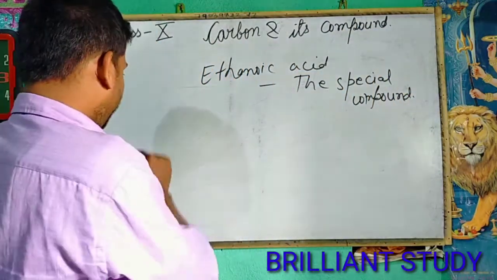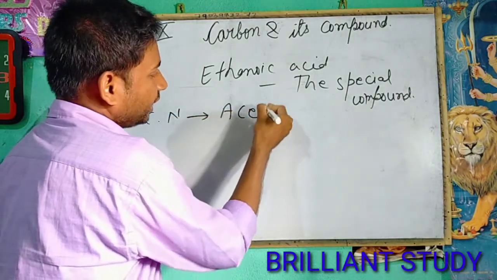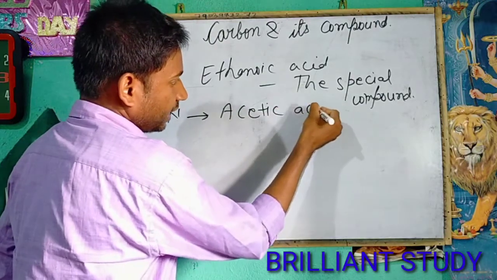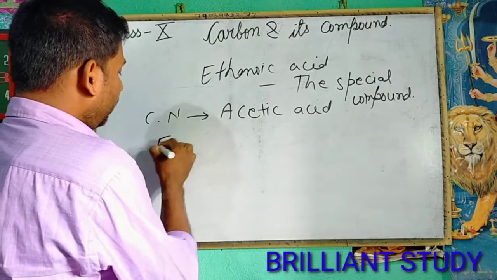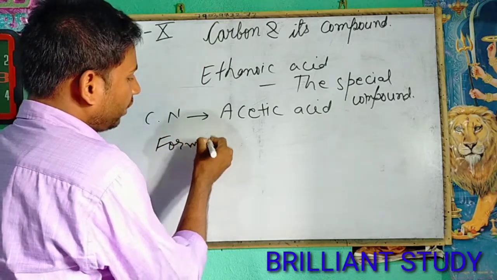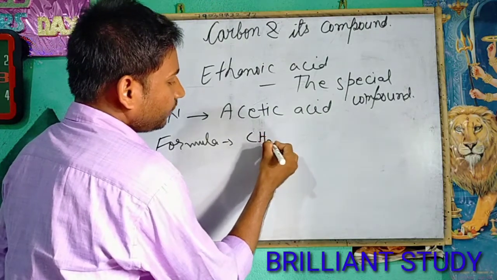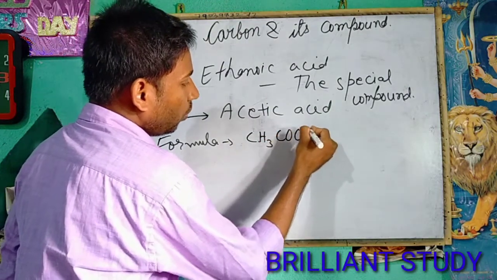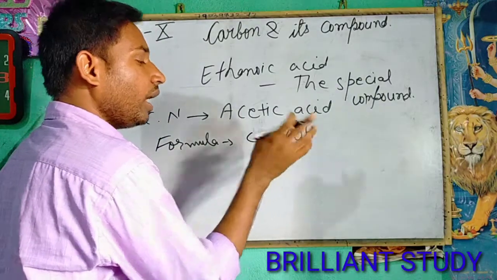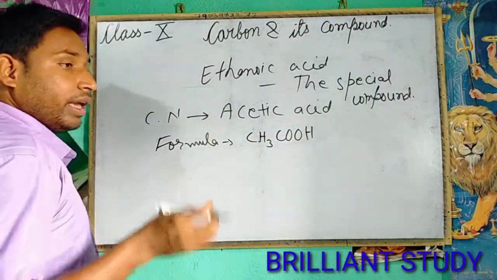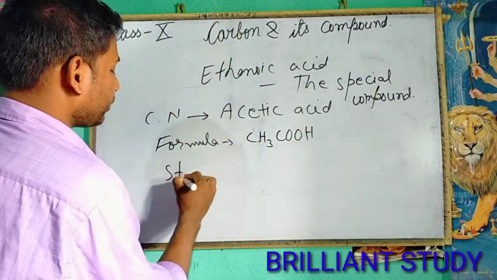Its common name is acetic acid, and its formula will be CH3COOH. If we try to draw its structure, then we find its structure is